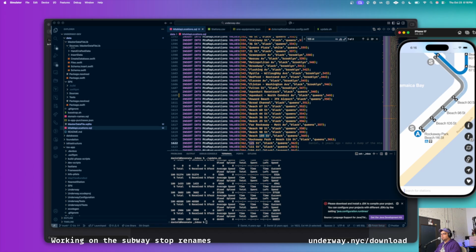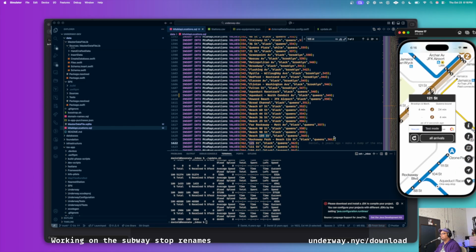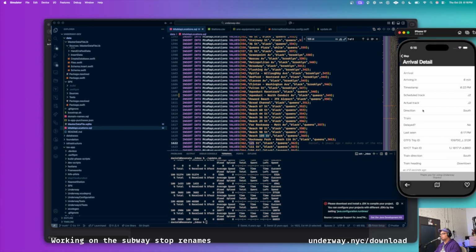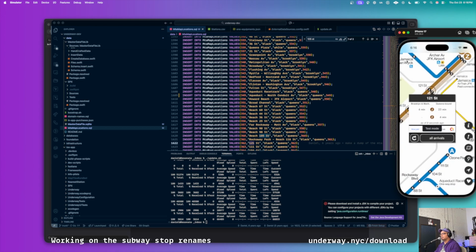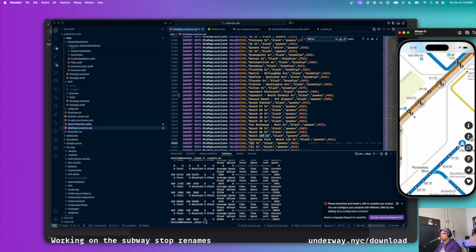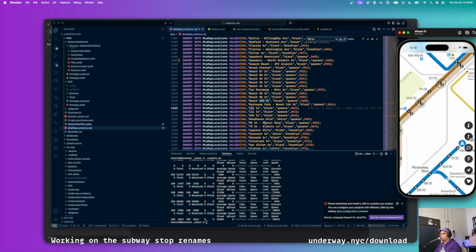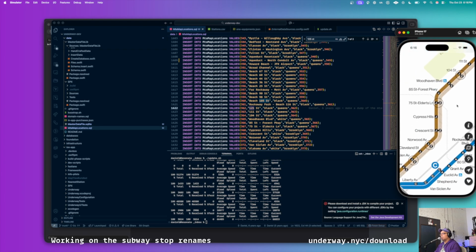Okay, 121st Street. Are we on the JZ? Is this 362? It is. Okay, 121, 111, 104, Woodhaven Boulevard, 85th Street, Forest Parkway, 75th Street, Elderts Lane, Cypress Hills, Crescent Street,